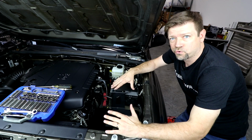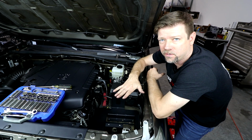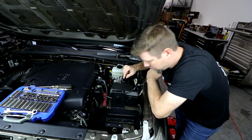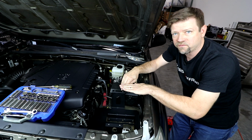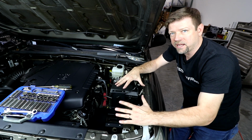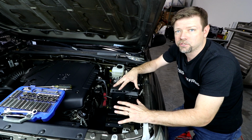Okay, so now that the tray is where we want it, we still need to double check all of our mounting holes to make sure they're on flat sheet metal on the factory battery shelf in here. Okay, so this one looks pretty good, but if your mounting legs are a little bit too close to the edge where the factory battery shelf drops off, then you'll want to put the batteries back in there, get them repositioned, move the battery tray around. Do that as much as you need to get the tray in a good position